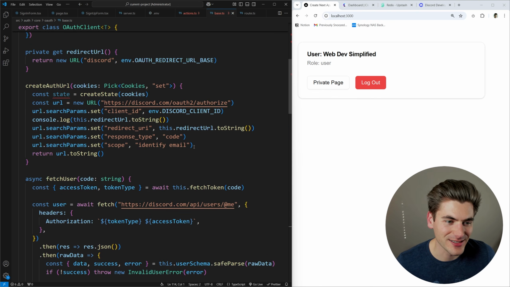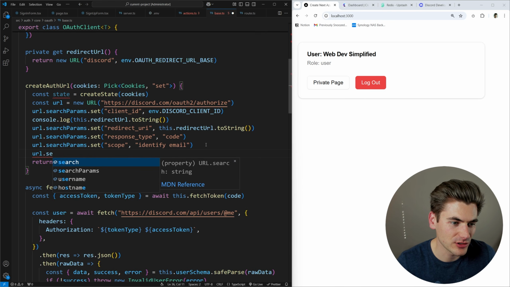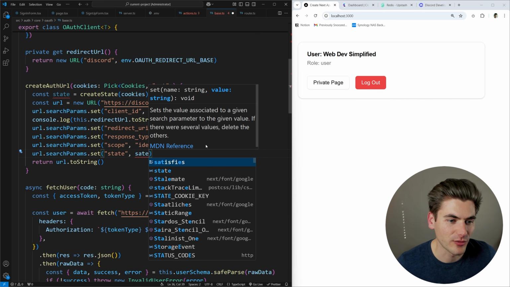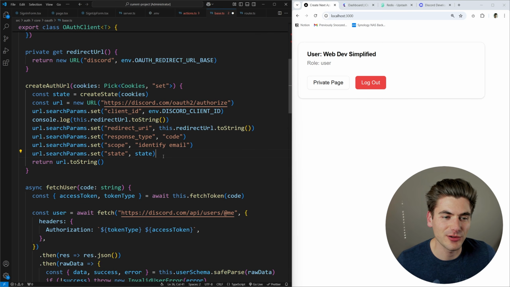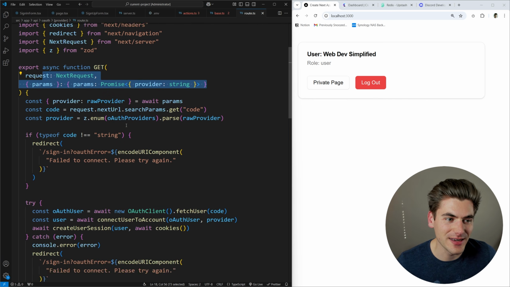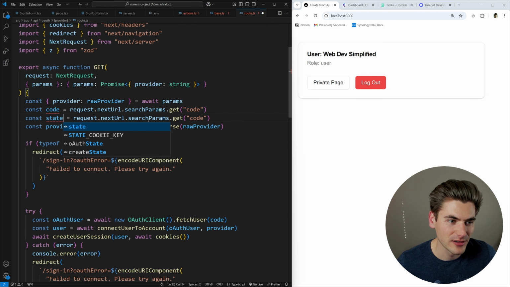So now that we have the ability to create this state, all we need to do is we need to make sure we pass this state along. So we can just set it as one of our parameters, url.searchParams.set state, and we're going to set it to our random state that we created. So we're telling Discord, hey, here's our unique state, and we saved it in the cookie so we have access to that on our user. Then when Discord makes a request back to us inside of here, we're going to be getting our state inside of our search params. So we're going to get state back just like this,